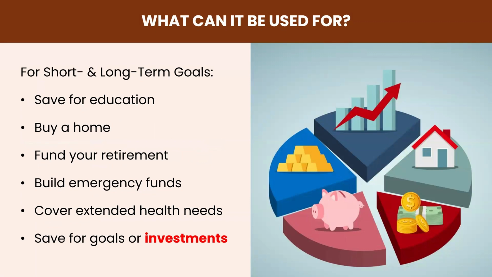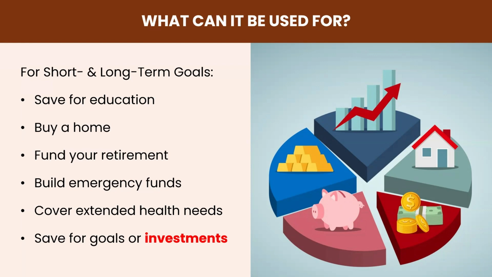Now that we know what a TFSA is, what exactly can it be used for? The short answer is anything. You can use it for both short-term and long-term goals. You can use it to save up for your emergency funds, which is like the very first thing that anybody should do before you even start looking towards investments. Emergency funds means funds that you can use to attend to something that comes up unexpectedly. You should always have that in your back pocket. So you can use your TFSA to save it up. And while you're saving it up, you can invest that same amount. And even though it is invested, there's a way to structure it such that you can easily have access to that money. So that's for a short-term goal.